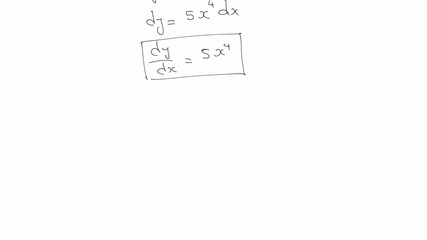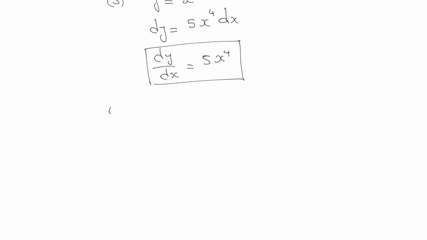Now we can take some more examples for practice. Let's say in a question, if it is given that y is equal to x, then how to find out the value of dy by dx. So this can be written as y is equal to x, which means we can write x raised to 1. So if you are using our normal equation, we can write dy will be equal to 1 into x raised to 1 minus 1 into dx.